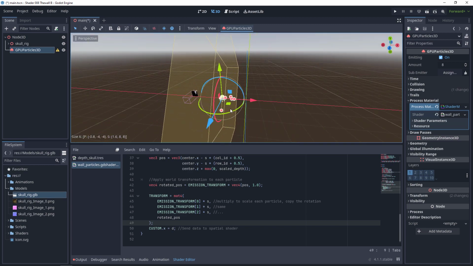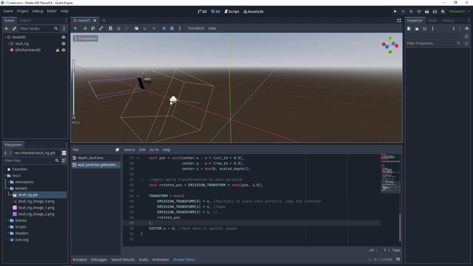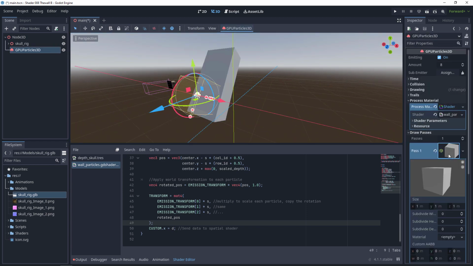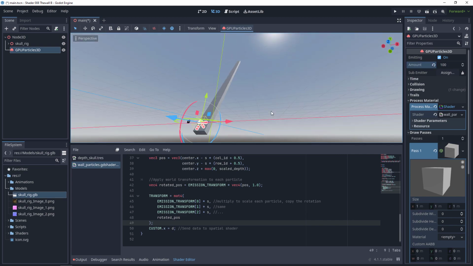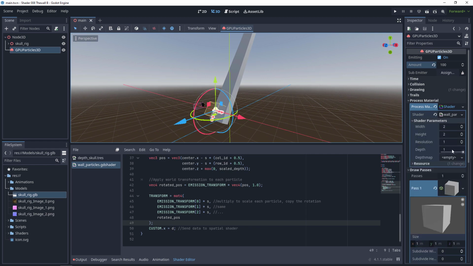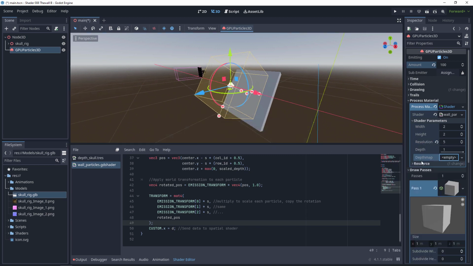I am going to resize the particle gizmo a little bit. Now I will select the shape of the particle, in this case is a cube, and I will change the number of particles to some value. I will try with 100, and to distribute them I will change the resolution. I choose the depth map